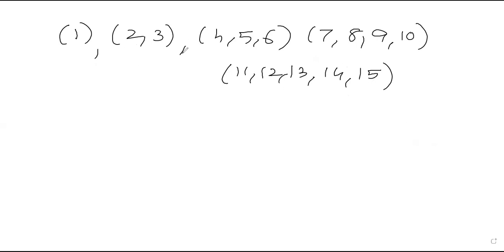You can see how the numbers and the brackets are arranged. Here there are 4 numbers, here there are 5 numbers. Of course, the next bracket is going to have 6 numbers. So overall, you have to find the sum of all the numbers